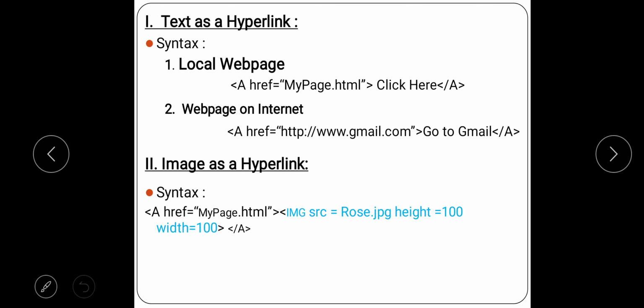Suppose I want to have a link which when clicked will display me some Excel sheet or some Word file. It is absolutely okay. The work of hyperlink is what? To link the different documents, right? So here what is the syntax? I am opening an a tag, space, href equal to "mypage.html" double quote complete, angular bracket complete, and now concentrate here.